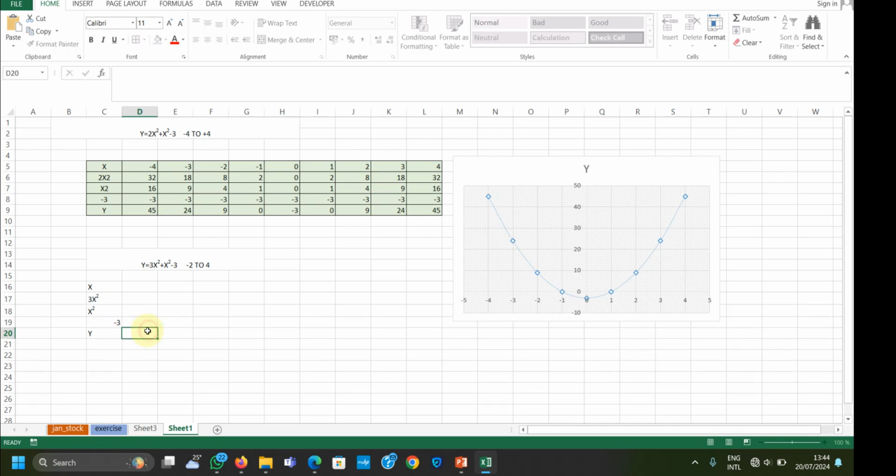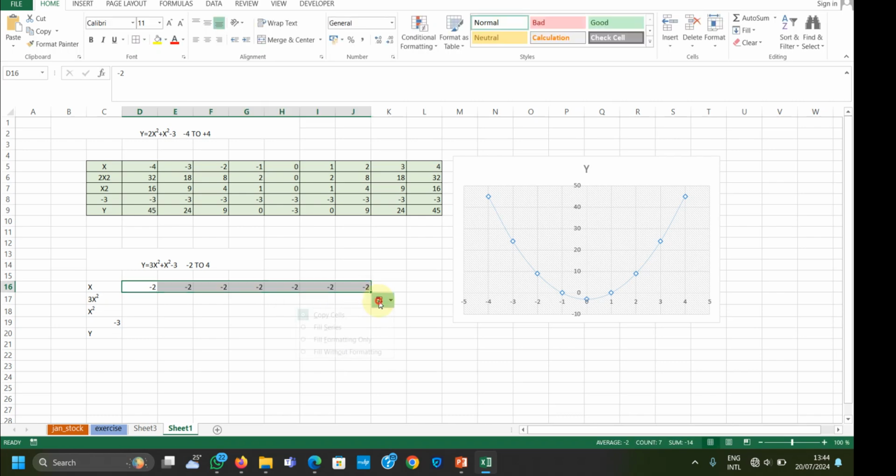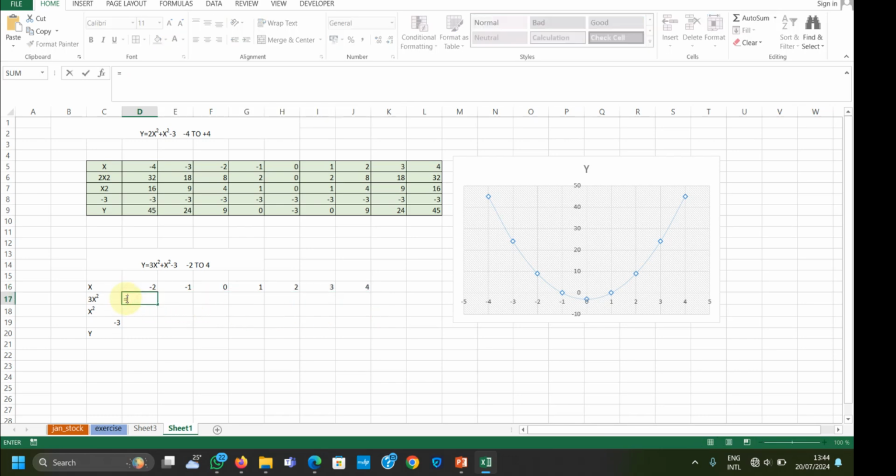Superscript. Good. So the range now is from minus 2. Minus 2. Just drag it. So fill series. That's good. Minus 2 to plus 4. So this one is going to be equal to 3 multiplied by the content of this square. So multiply by the square now. You need to,